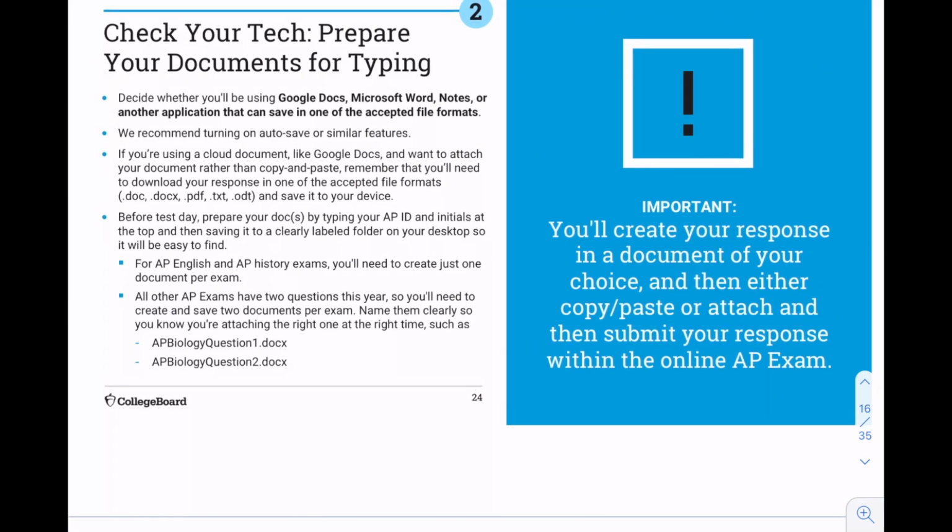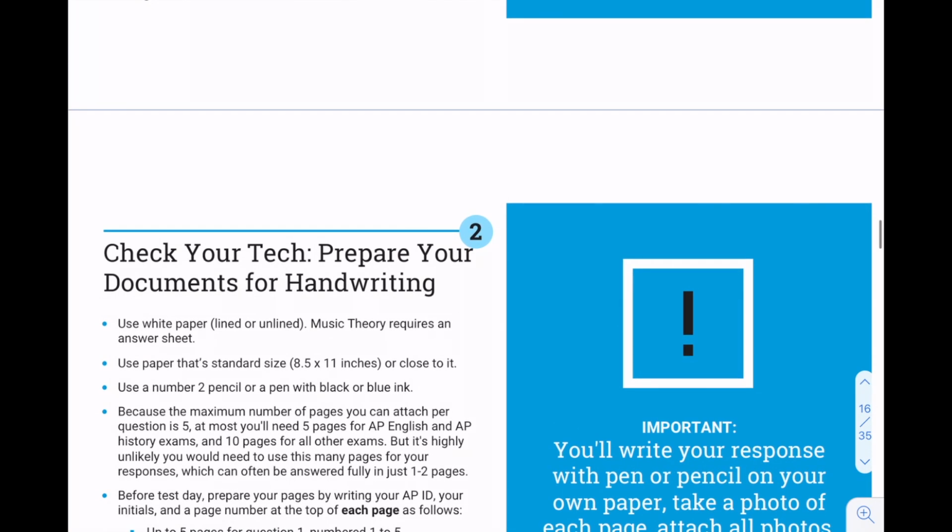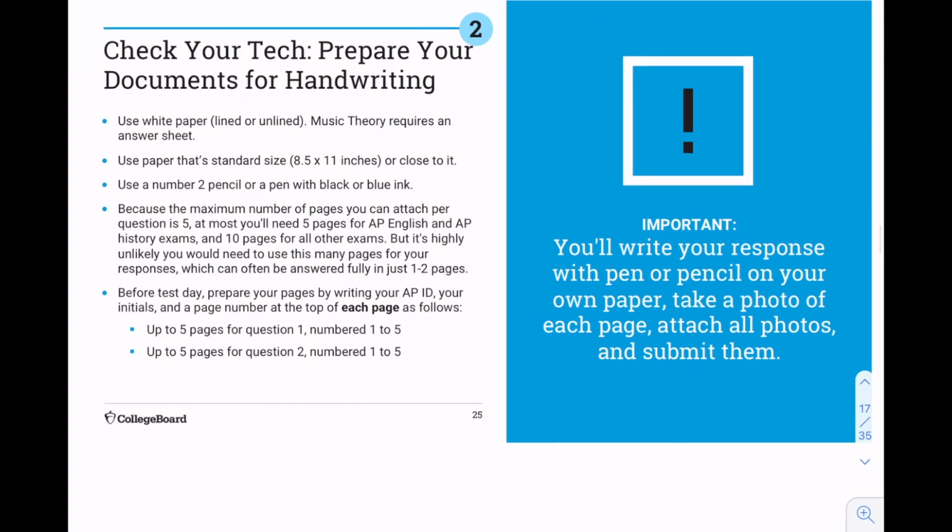Prepare your documents for typing. If you're going to be typing, we already talked about that. You can go back and recheck that later if you're going to be typing. I don't want to spend time on that because I don't really want you to type. If you're handwriting, what you need to do